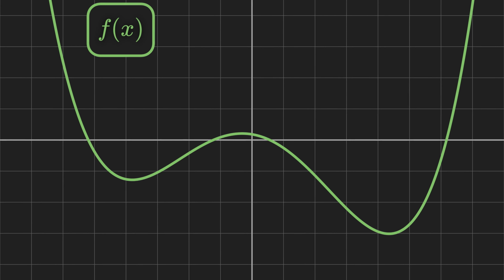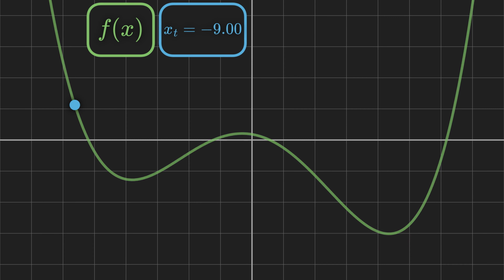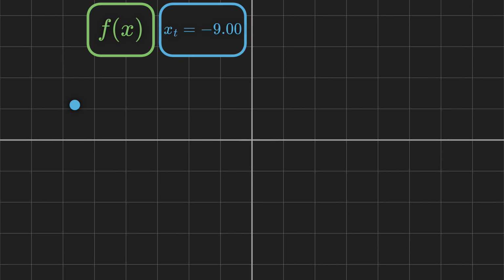Let's simplify things with a basic function f(x). This function represents our loss function, so we want to find the value of x that minimizes this loss. Imagine starting at some random point. This represents our random weights and biases. We want to move them to that minimum. Now, I've chosen to show you the line that represents our loss function for more clarity. But with most neural networks, this function is so complex that we can't draw or visualize it in any way.